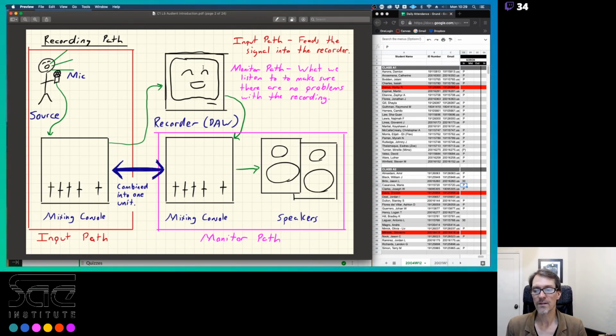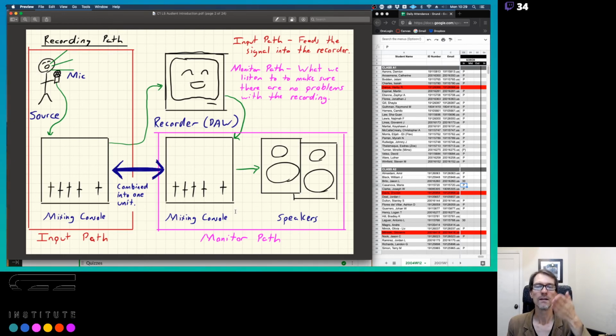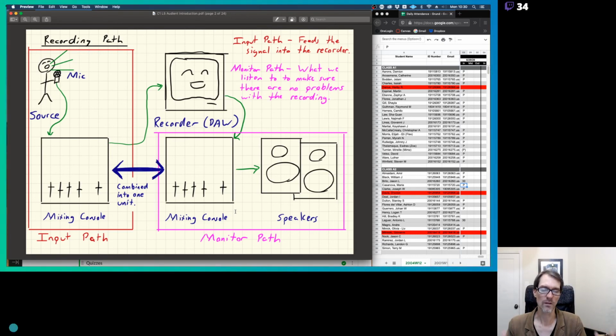So the reason why we have an input path and a monitor path is so that you can listen to the recording, to the actual sound that is being recorded, so you can make sure that everything sounds correct. You don't want to skip this step with groups of people. If it's just one person and you do some tests and stuff like that, fine. It's not the end of the world if you skip this step, but it's not advised either,